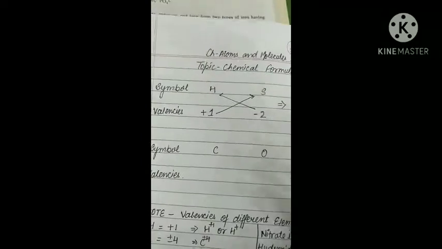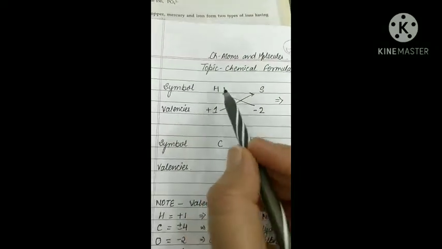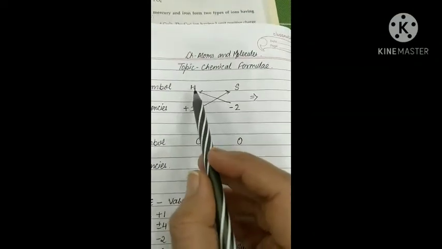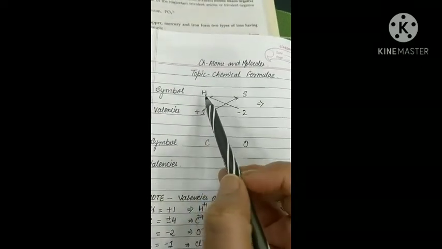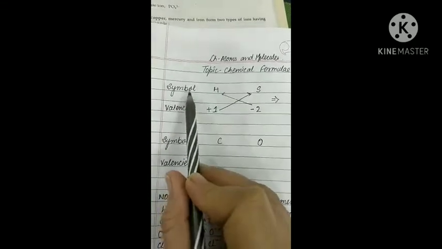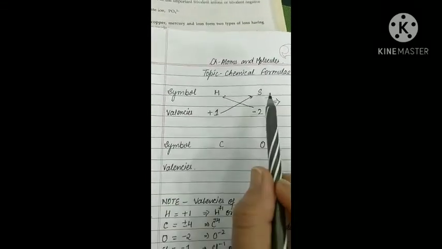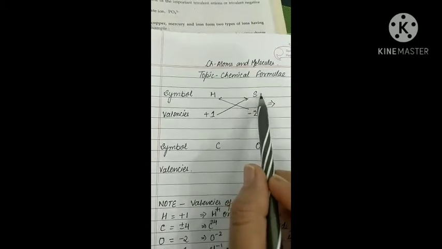So like I am saying, the symbol is given, hydrogen, like the hydrogen sulfide formula you have to make. So obviously when the name is given, hydrogen sulfide, it has 2 things, one is hydrogen, second is sulfur. So we should know the valency. The whole thing is all about that. First you should know the symbol, and second you should know the valency. Symbol of hydrogen is H, and symbol of sulfide, that means sulfur, is S.